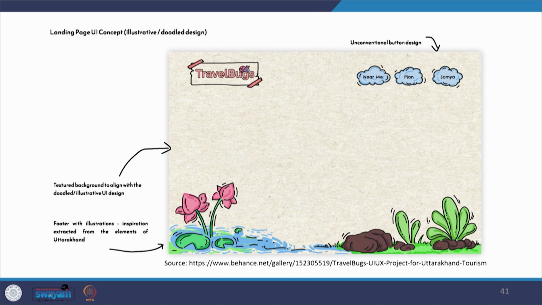And then this is the landing page where we can see how some of these illustrations are taken, the inspiration is taken from the nature of Uttarakhand. This is the logo that we started with, so it has changed a little bit of its final shape, and previously what we were exploring here,